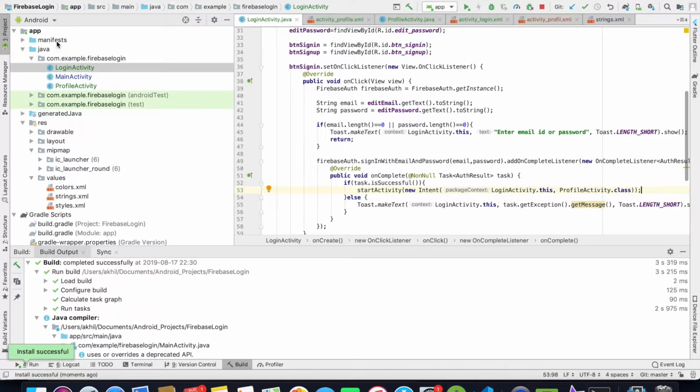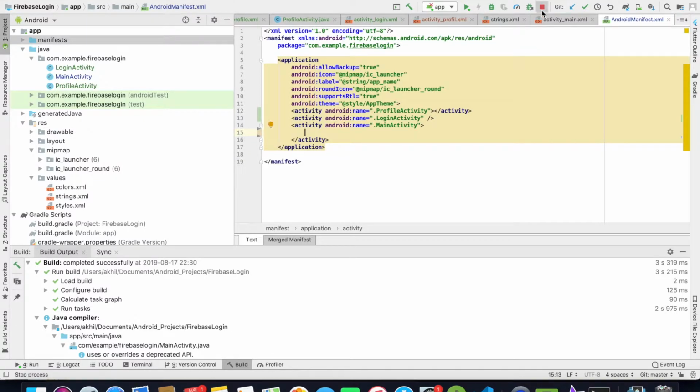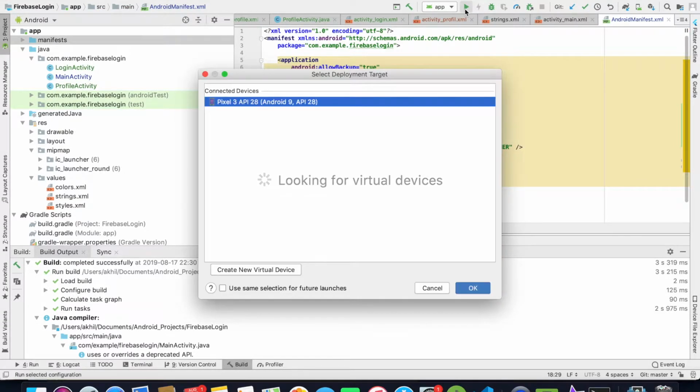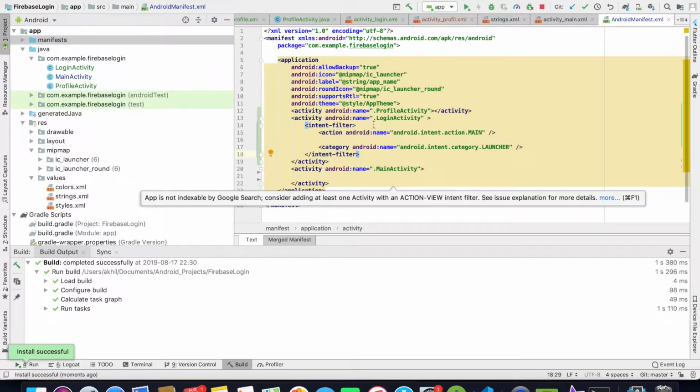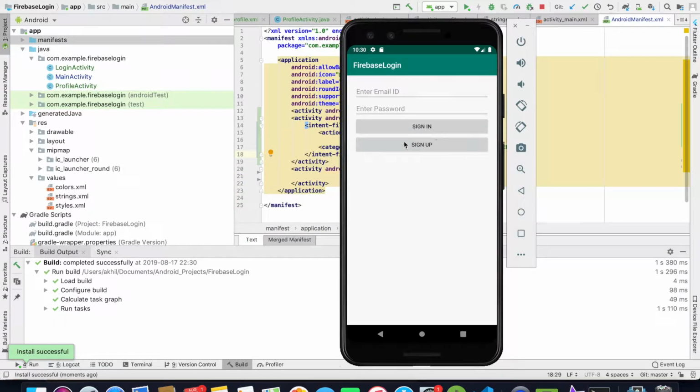Okay, so I forgot to add this thing: the login screen will be my launch screen. So I'll run the application again. Earlier our launch screen was MainActivity. Now in this case LoginActivity will be our launch screen. Okay, see, this is the application running. If I click on the sign in button without entering the email ID or password,